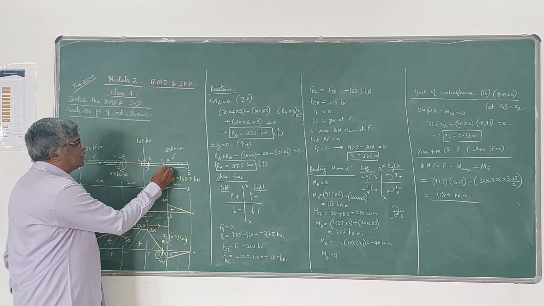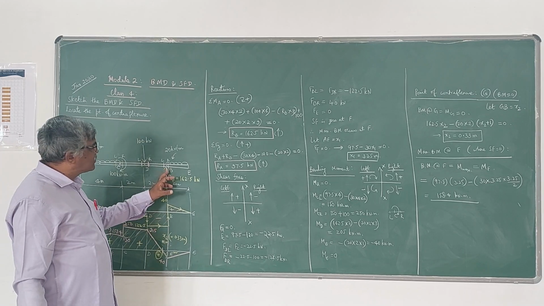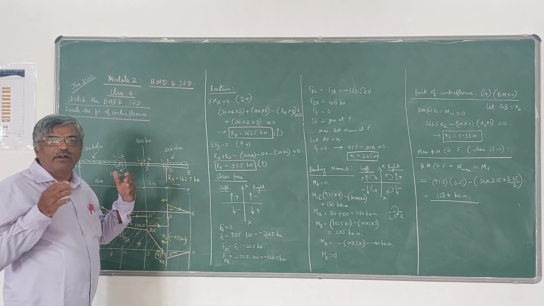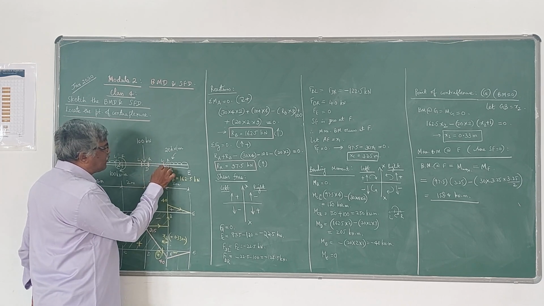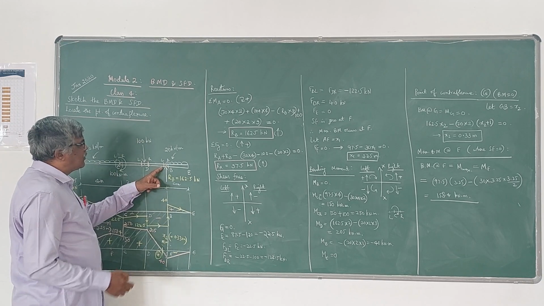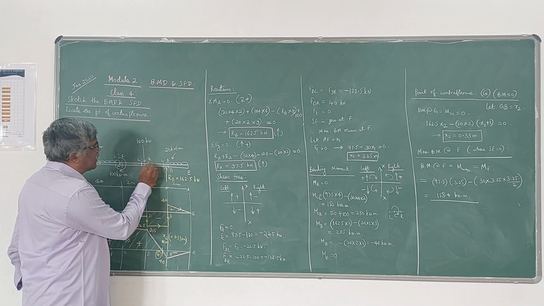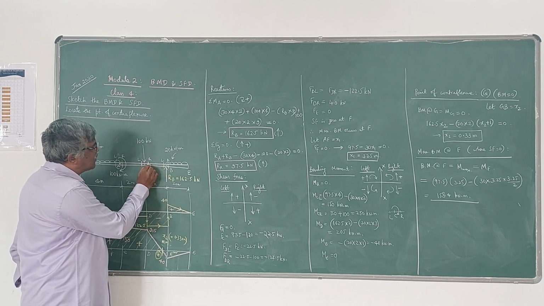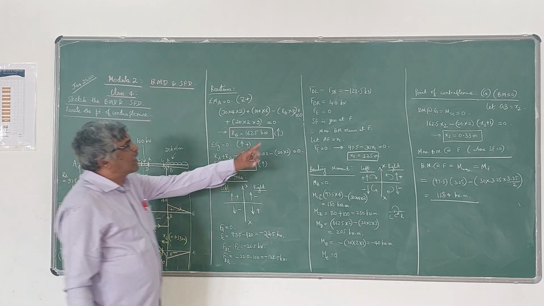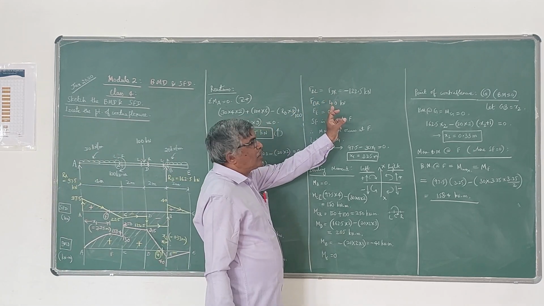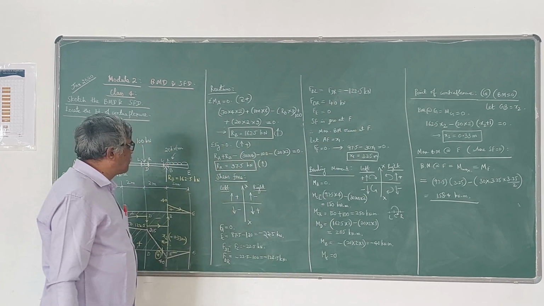Then I come here at B, a reaction develops at B. Since reaction is also a point load, it will have two values of shear force, one to the left of B, another to the right of B. If I take left of B, the shear force value is the same as right of B. Please see here, because from here to here, there is no force acting. Whatever shear force is there at this point, same shear force will be there at this point. So FBL, left of B shear force, is equal to right of B shear force, that is minus 122.5 kN only.